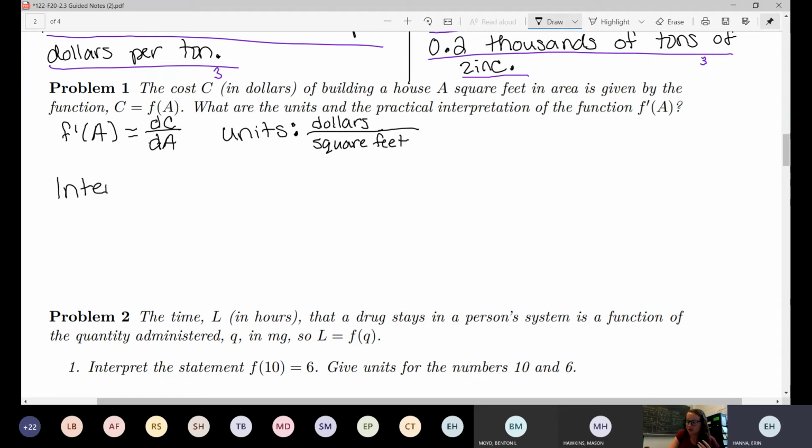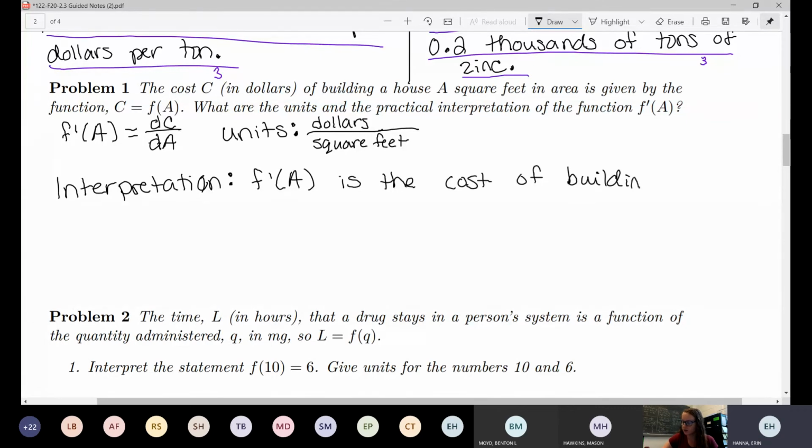So the interpretation here, if we think about it in the step way, is that whatever that value is for the derivative, whatever f prime of A is, because that's going to be a number, I don't know what it is, but if I'm given that number, this is going to be the cost of building 1 more square foot on a building